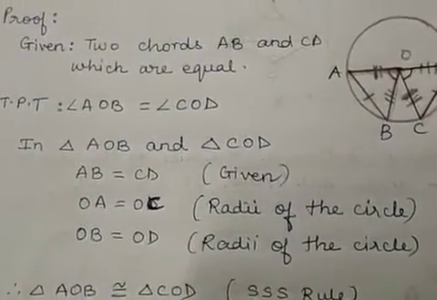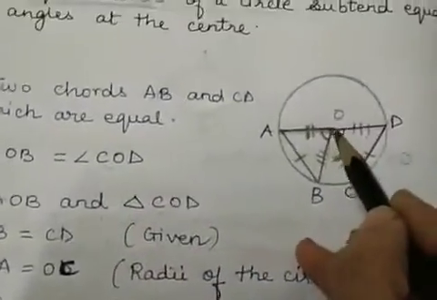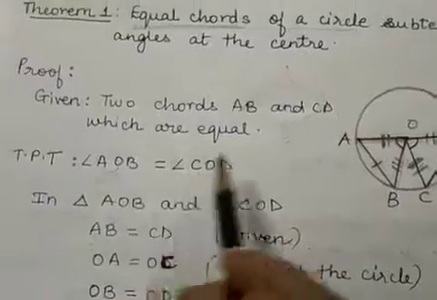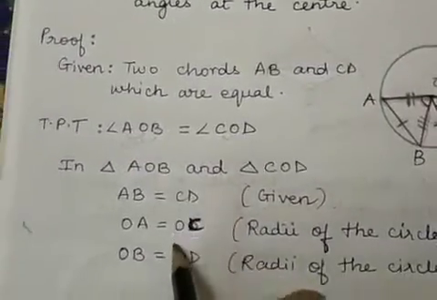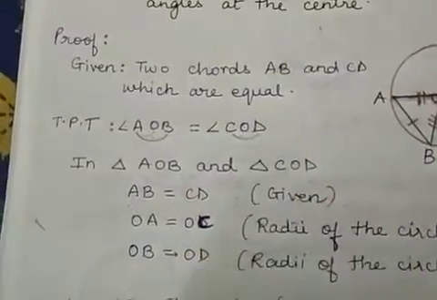Plural of radius is radii. So now you must be wondering how I come to know which side has to be taken, correct? So now AB was, if you look at the figure, you can get it very well from the figure. If I take AB, it should be CD.